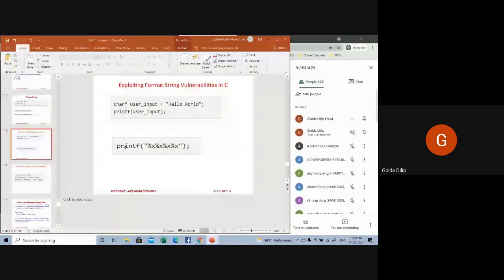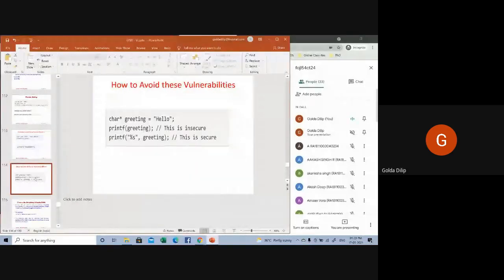Now coming to how to avoid these vulnerabilities. I just mentioned that careless use of format string functions can open you to a variety of attacks. The best way to eliminate this vulnerability is to properly validate the user input.